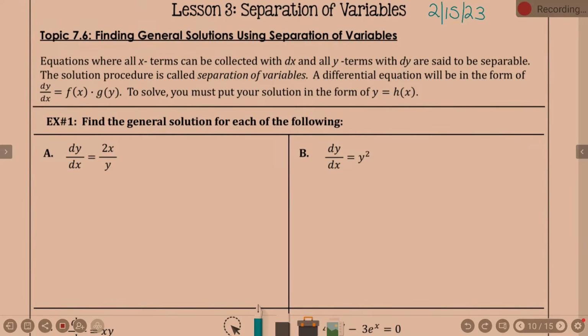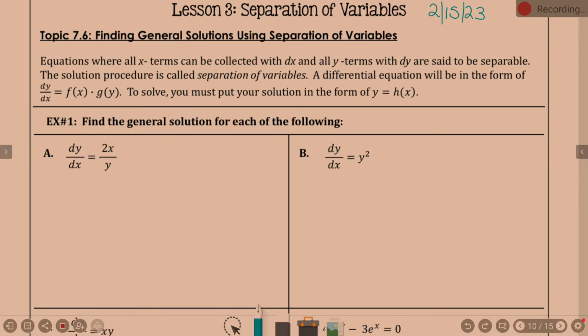Okay, guys, lesson 3 is separation of variables. I feel like we've done this a little bit along the way. We definitely did a little bit in the last lesson. But we'll get into a little bit more detail, probably a little bit more difficult problems than some of what we've seen. But the idea here is